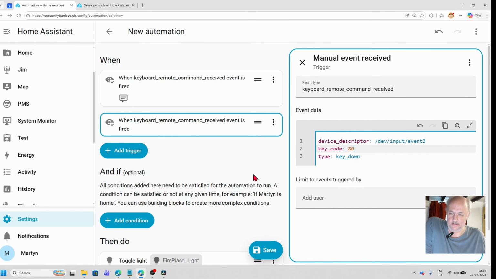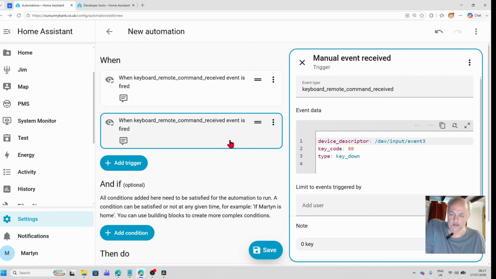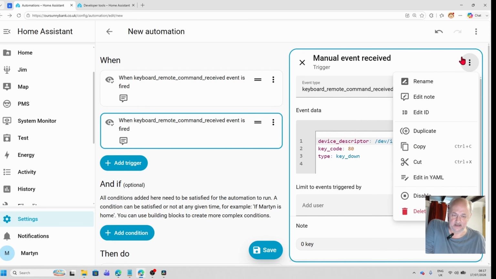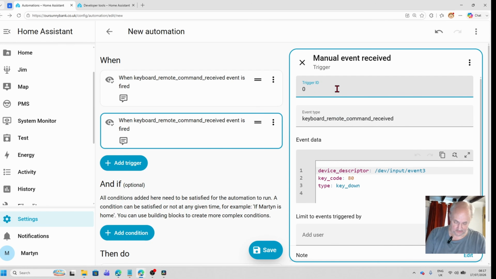Now what we need to do now is add a note. Okay, but because these are all running together, down below in actions, we need to work out what we're going to be doing. So the way we do that is we add an ID, and we'll call this zero key, and then for this one